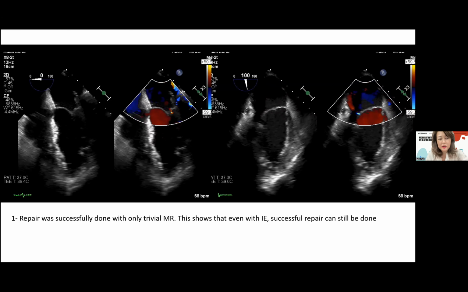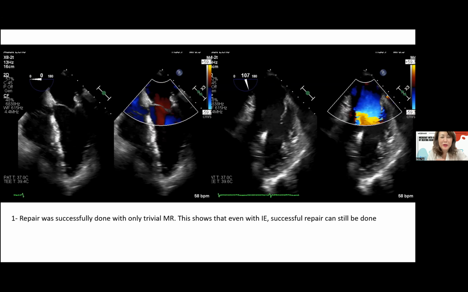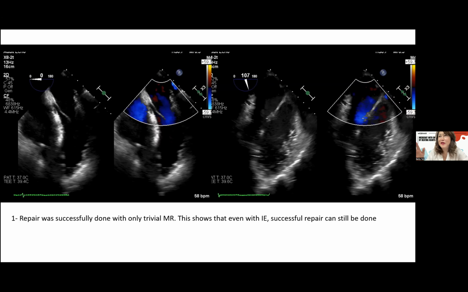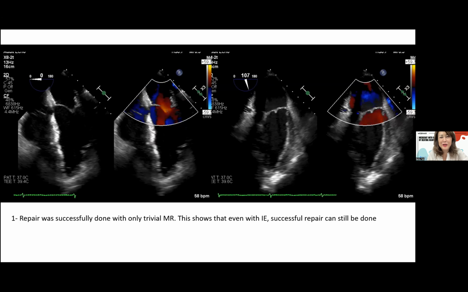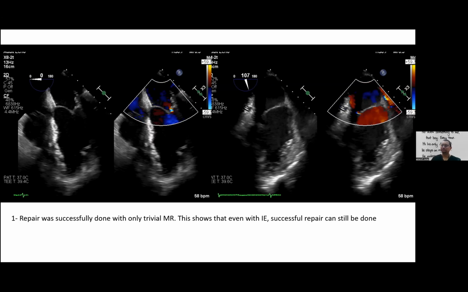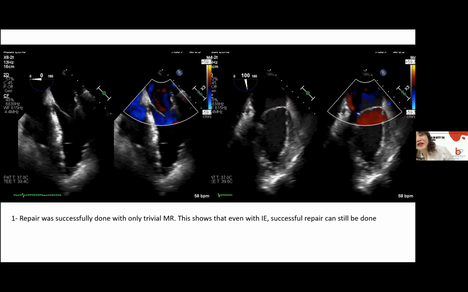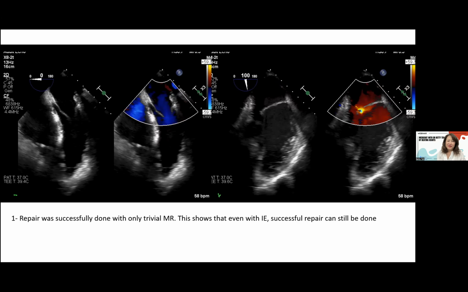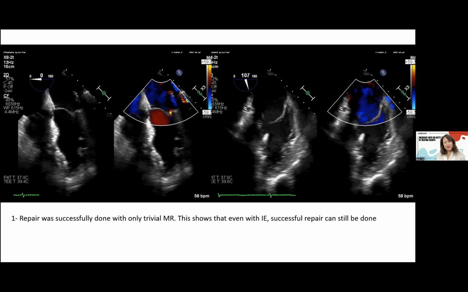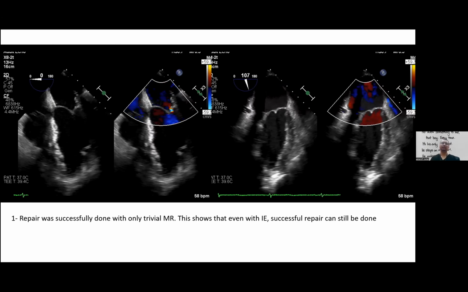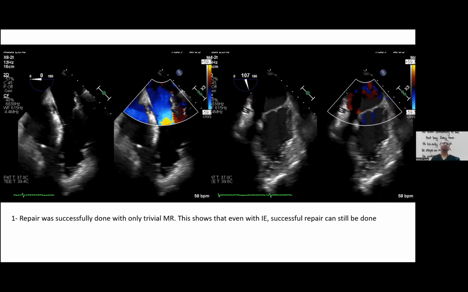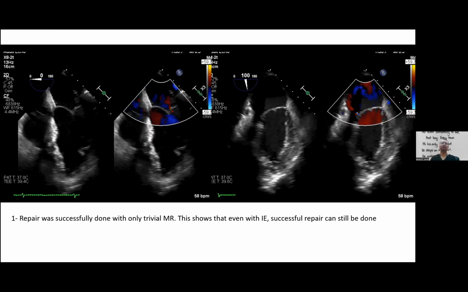Yeah, I mean, looking back, I don't want to go 3 months, 5 months later and say that, oh, the vegetation has not been cleared. Yep. Okay, this is very interesting. You can actually repair the valve. Yes. Okay. We do have a case recently of a doctor that came to IJN, a young guy with a vegetation